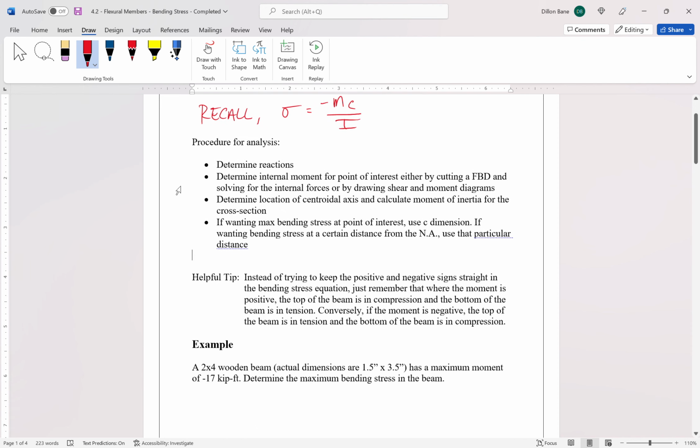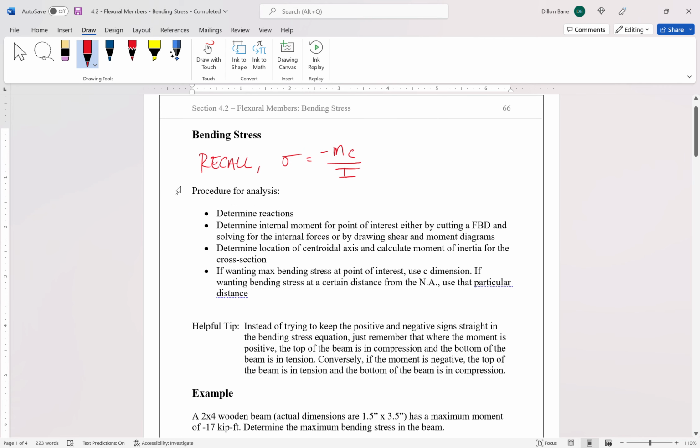So I've put together just a quick little procedure for you. It is very procedural: it's step 1, step 2, step 3, and then we're done. For the first step, we're going to find our reactions as always. The second step is we're going to figure out the internal moment for our point of interest. We can do that two ways. The first way is to draw your shear and moment diagrams so that you can get the internal moment from the moment diagram. Or if you're looking for a particular point, you can make a cut at that point and figure out the internal moment